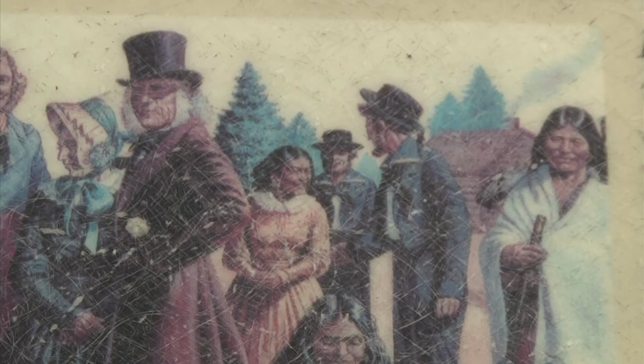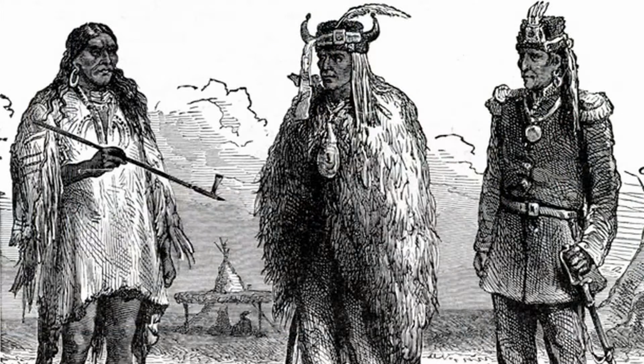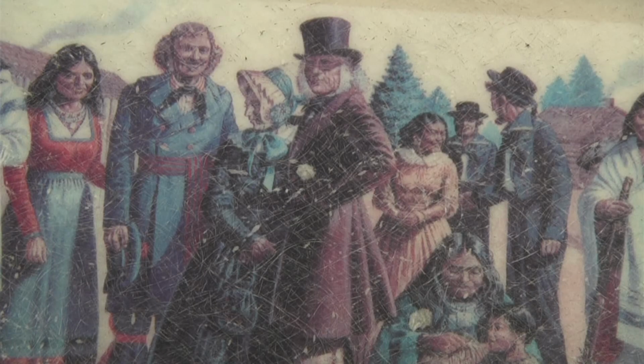The Indians of the area were friendly towards the inhabitants of the fort. They supplied much of the area's fur trade. Well, the Hudson Bay Company's relations with its main trading partners, who were, of course, the American Indians in the area here at Fort Vancouver, generally were considered pretty cordial. These were really the people who supplied the trade to the company, and the company was certainly dependent on them for their trade. And so they really went to the farthest extreme to keep good relations with these people